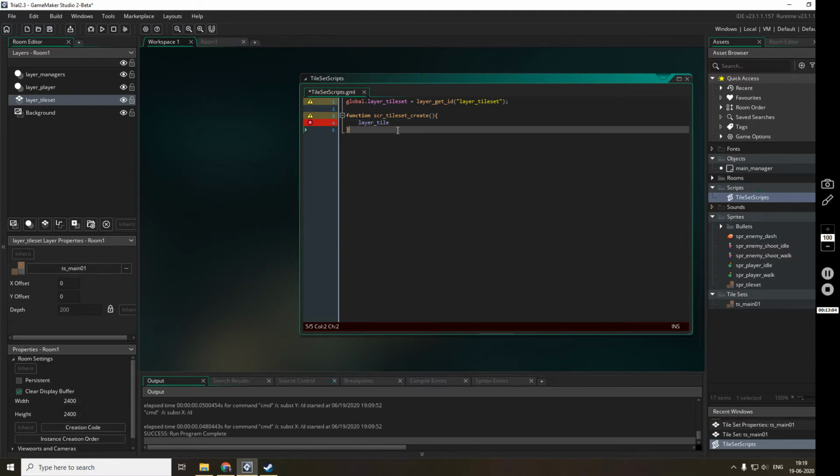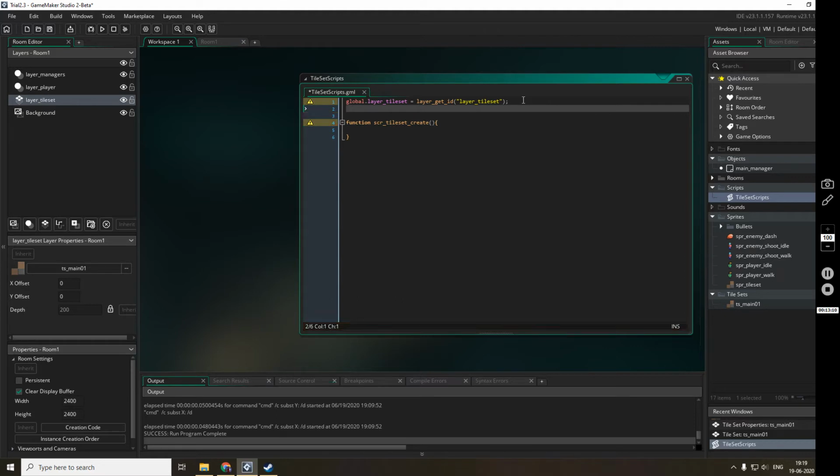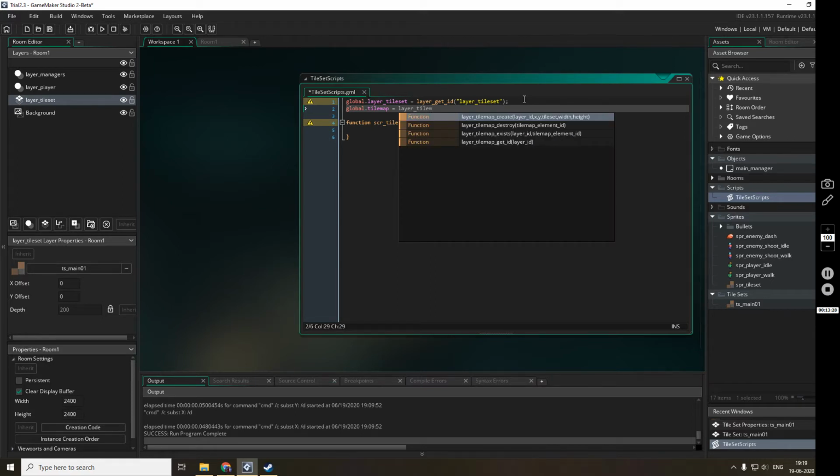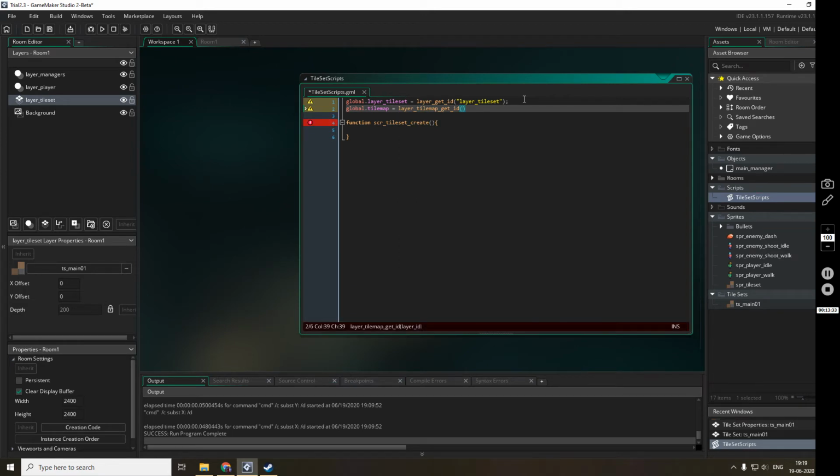Okay. So what I have to do here, I paused the video to refer to the help index. So global.tilemap is equal to layer tilemap get id, and then I have to give the layer id here.